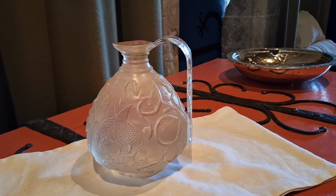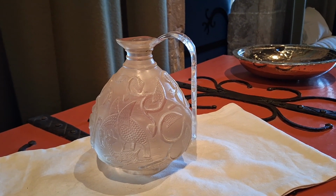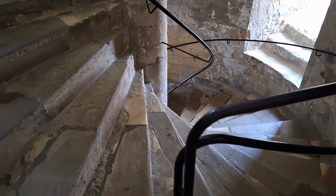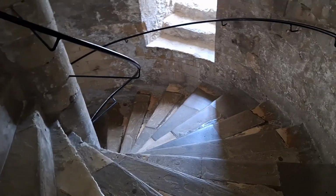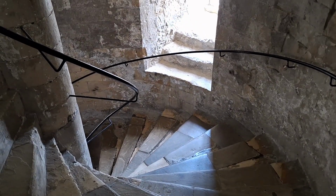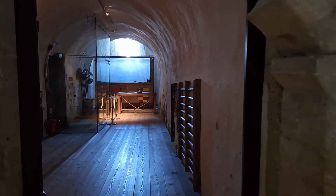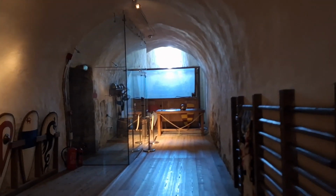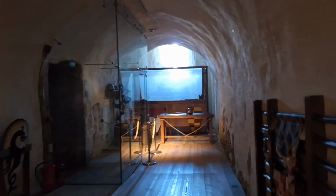And a really cool water jug. And more stairs. It's just people started talking too loudly into my video, so I'm moving on. You didn't really signpost things properly, so okay, this is another